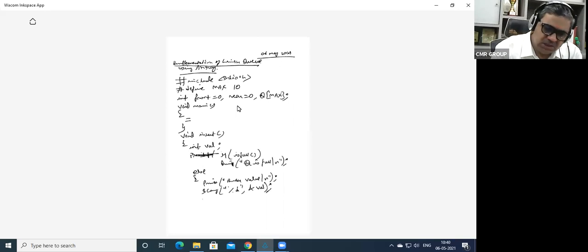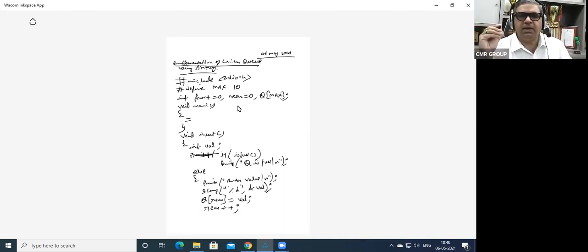So I'll say q of rear is equal to val, and then do rear plus plus. Okay, so you have added an element, right? So this is the end of your